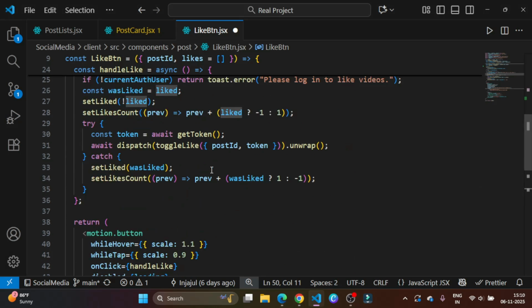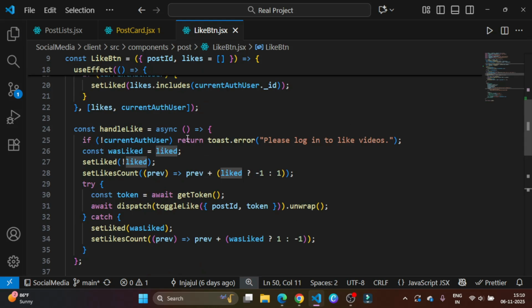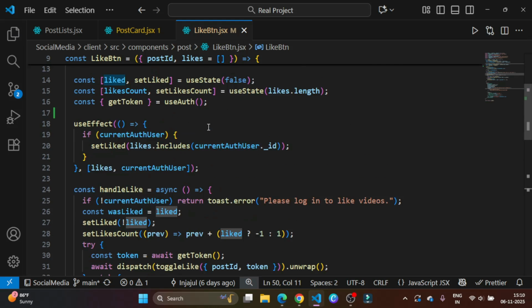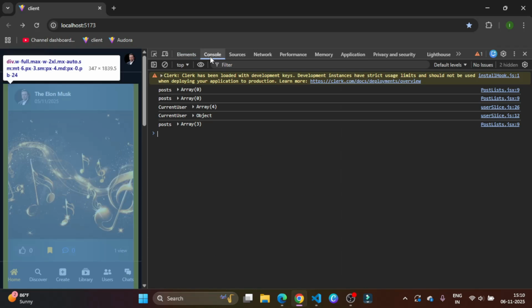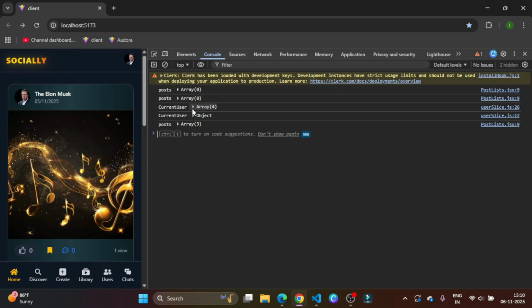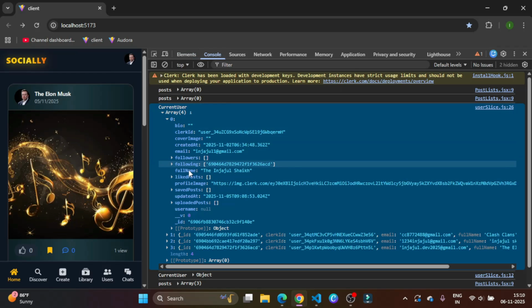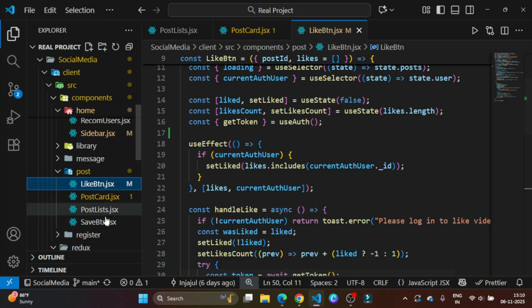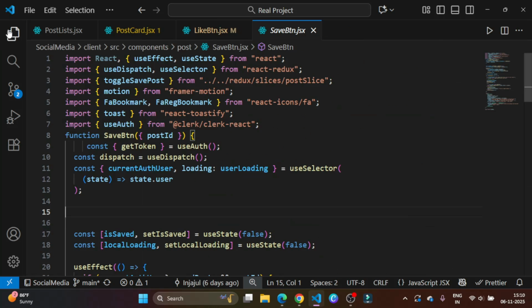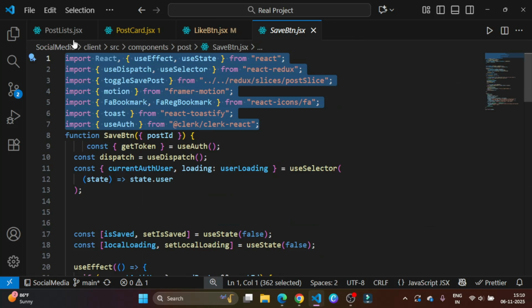This is the like button. The like button totally depends on the current user ID, because this is the current user ID, and we have this current user ID, right? And similarly, the save button. If you look at this, this is a save button, so all the dependencies,